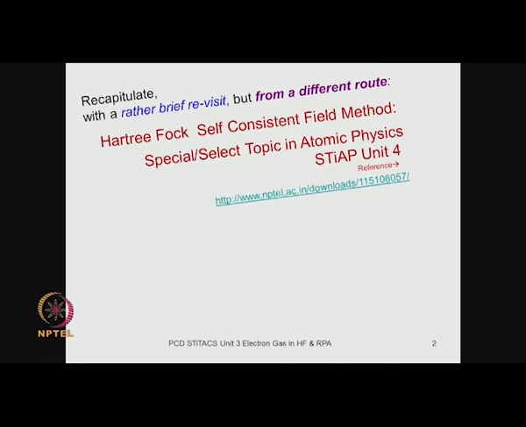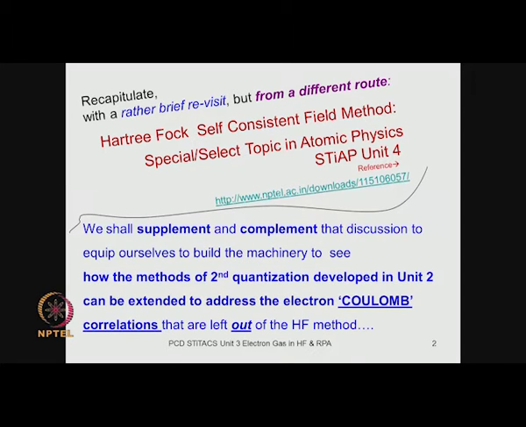Now, I invite you to go through the set of lectures on the Hartree-Fock in the previous course on special topics in atomic physics. These lectures are available on the internet already, and what we will do is use the methods of second quantization which we developed in unit 2 of this course. Our intent is to deal with the Coulomb correlations which are left out of